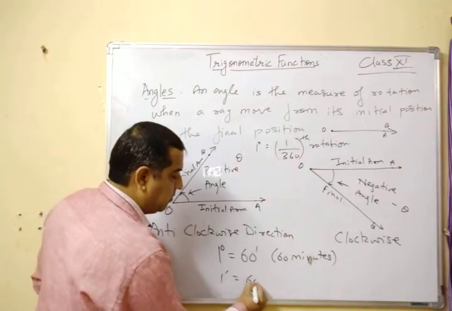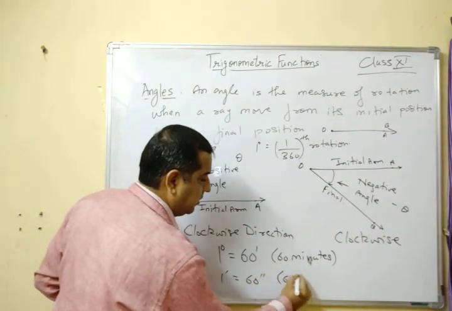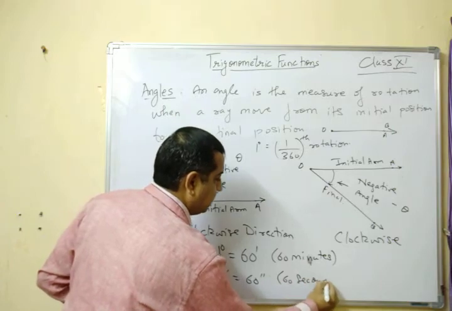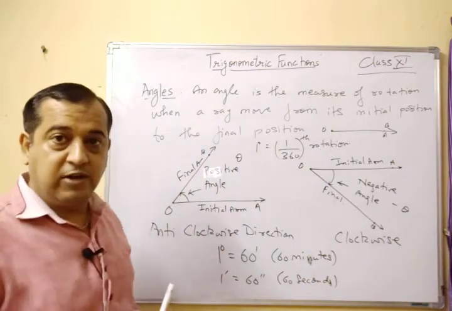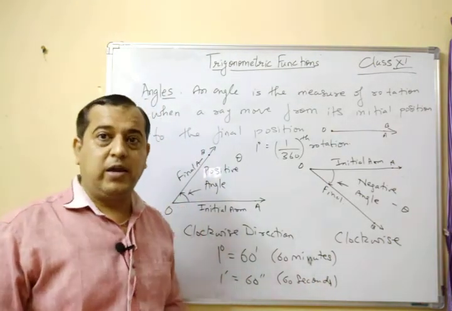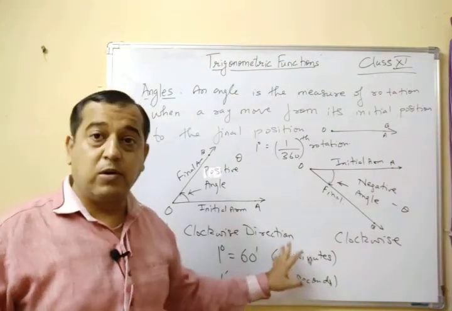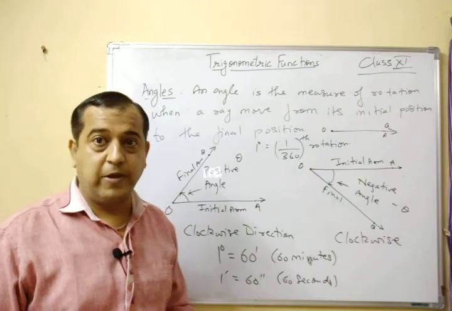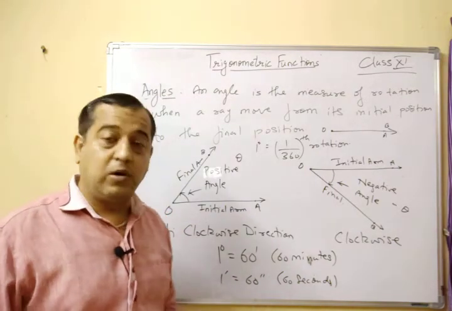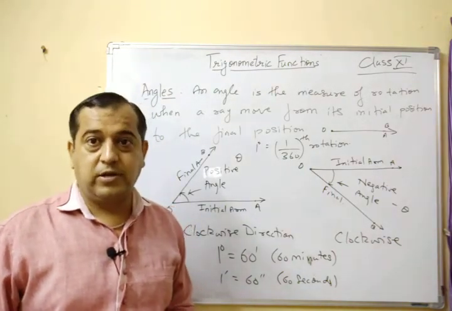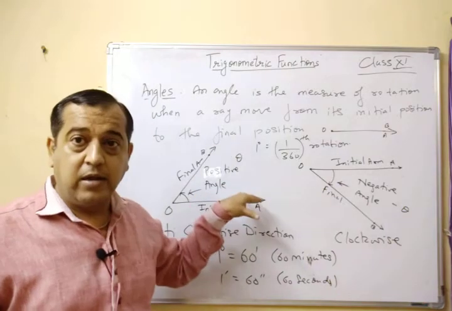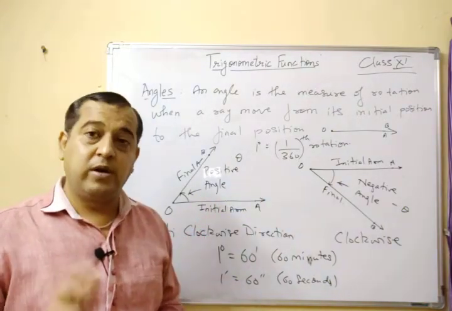And 1 minute is equal to 60 seconds. This notation is for seconds. Okay, this is the additional formula for you. 1 degree is equal to 60 parts and each part is called a minute. So 1 degree equals 60 minutes, you have seen this on a clock, and 1 minute is equal to 60 seconds. That's all about angle and its measurement in terms of degree.